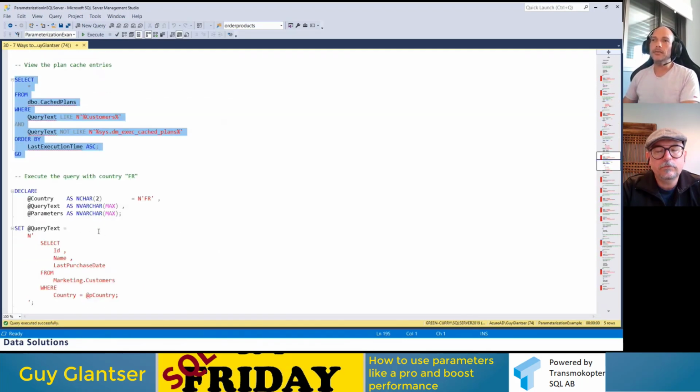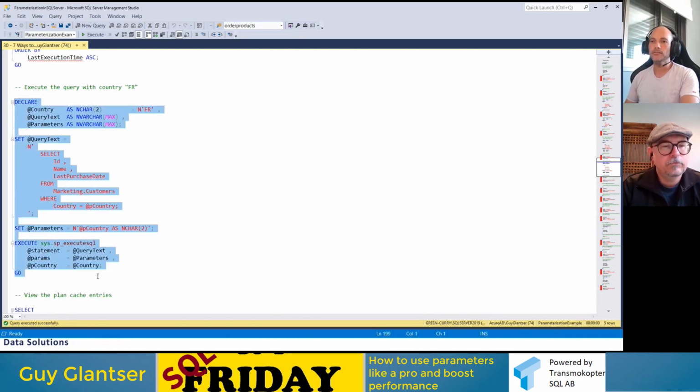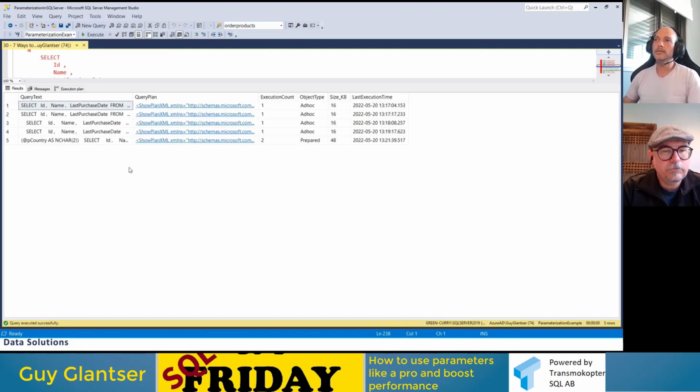And of course, the nice thing about it is now I'm only going to change the country name here, which doesn't change the text. It's going to be passed here as a parameter value for the second execution. But now, since it's a prepared statement, SQL Server is able for the first time to reuse the plan, because it realizes it's the same query with a parameter, only the value of the parameter is different now. In this case, it can reuse the plan again and again, each time for a different parameter value, which is great.